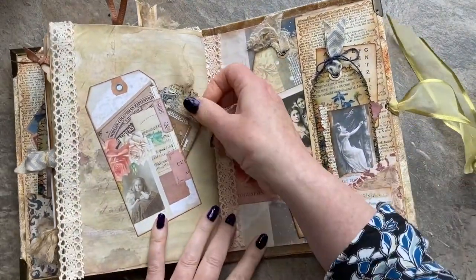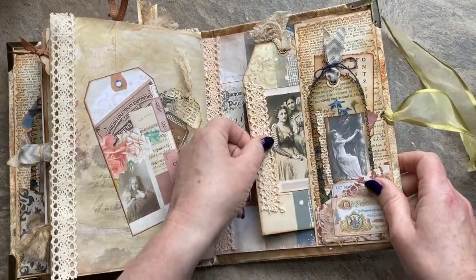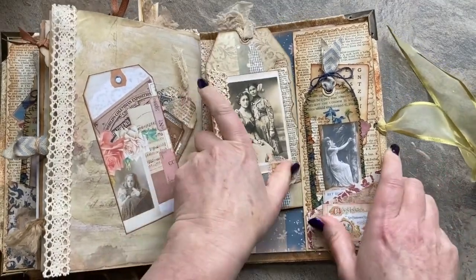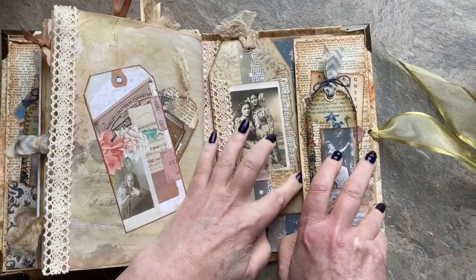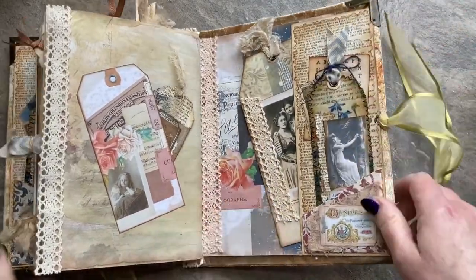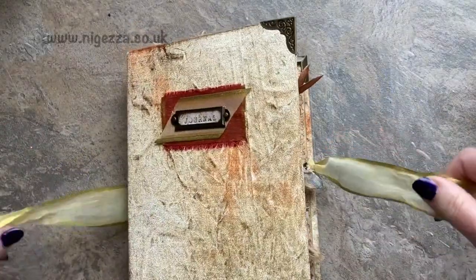And then the back like the front with a little pocket, quite like that. Might add that. So a nice big pocket there. Oh, maybe need to stick that down a bit better. So yeah, so that is my two journals, and on this one I just put an eyelet on the back